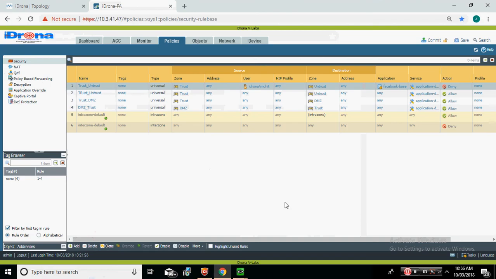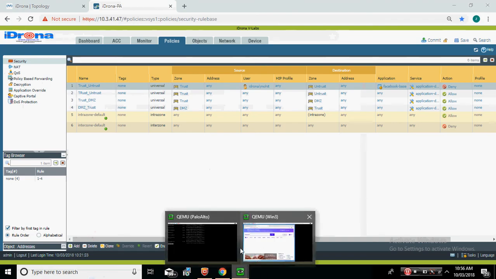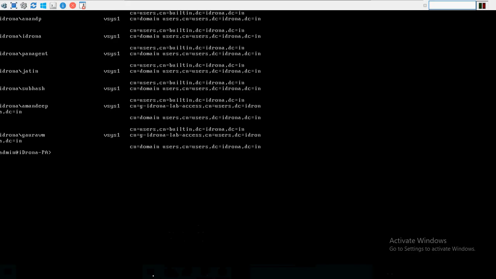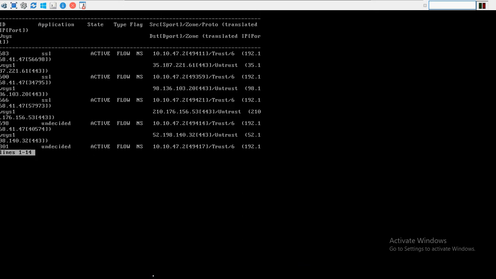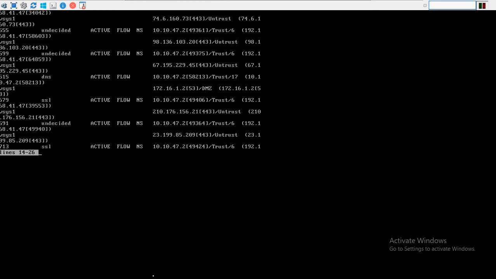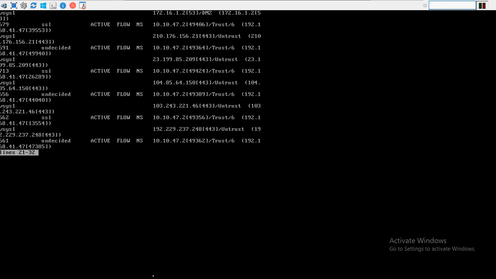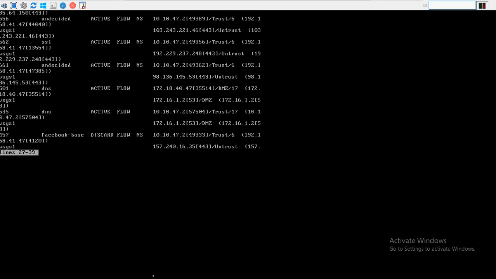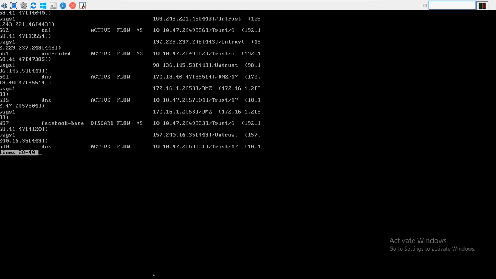So this is the task which I wanted to perform. Now let me check which policy is denying. User show session all. When we try this, and let me check, it shows the discard messages for Facebook. Yeah, discard, this is the message which I'm looking for over here. Facebook discard. Now let me check this ID, show session ID